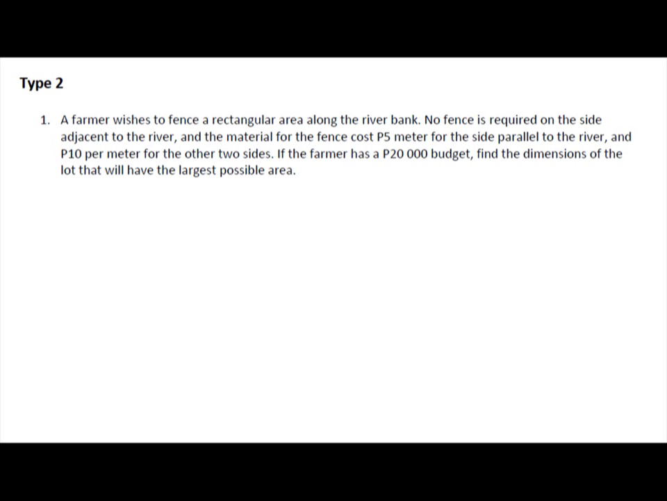To solve any problem, usually if it's a long word problem, you take each information one at a time. So you can go sentence by sentence and then try to translate each sentence into a mathematical expression. So in this case, the first sentence is a farmer wishes to fence a rectangular area along the riverbank. So we can picture that in our head, or you can draw a diagram showing a rectangular area along the riverbank. So say this is the part of the river,